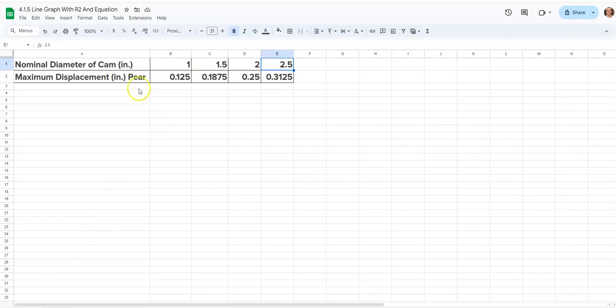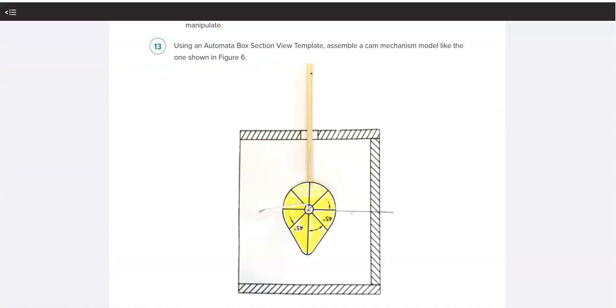The data that we currently have on our spreadsheet is just a nominal diameter of a cam and the maximum displacement of a pear cam. Now the nominal diameter is a given value that we have referenced in other videos for creating cams for an automata box. So if we were to create a cam and put it inside of an automata box, we would want to know that when this cam rotated to where its maximum height would be, which we'd be rotating this cam 180 degrees to where this was up here at the top at 12 o'clock, we want to know what the highest distance is that this follower would be pushed up based upon the diameter